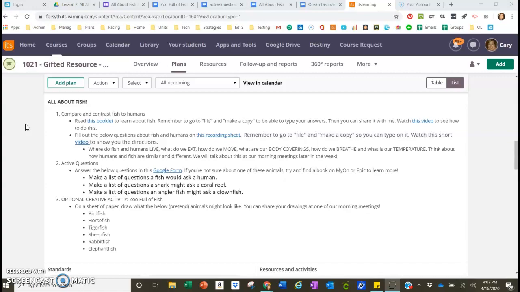So, you have three activities to do this week. One of them is optional, but I hope that some of you will be able to get to it. But for your first activity, you are going to be comparing and contrasting fish to humans. So, you're going to read this booklet